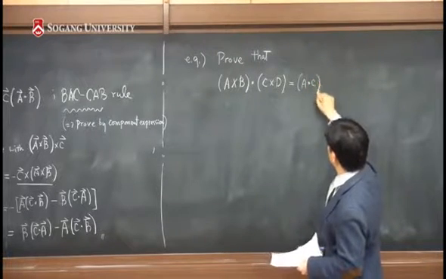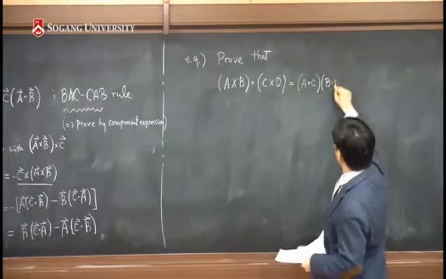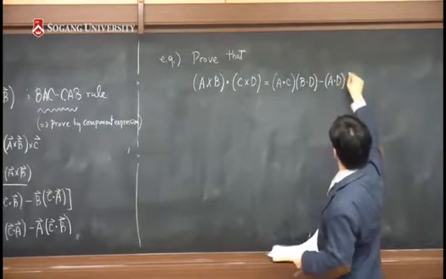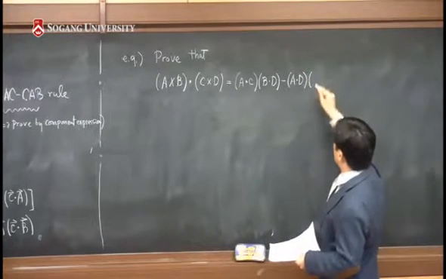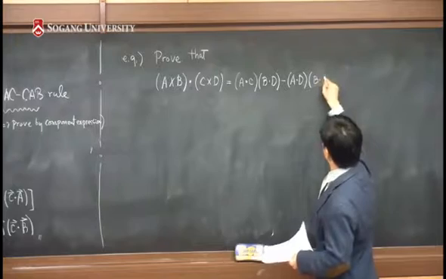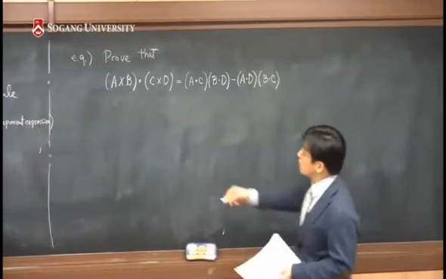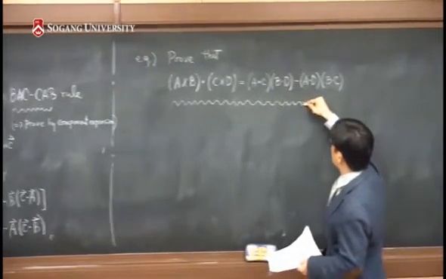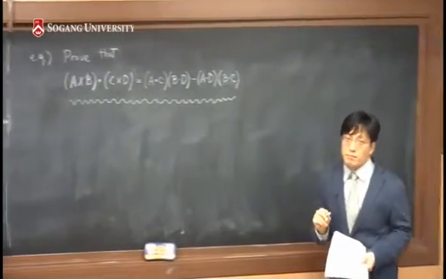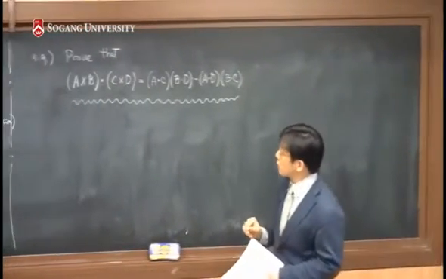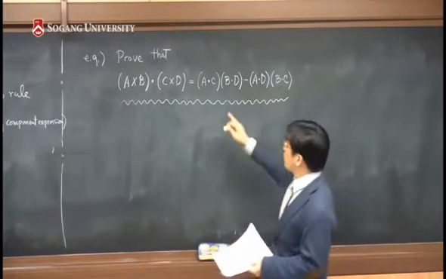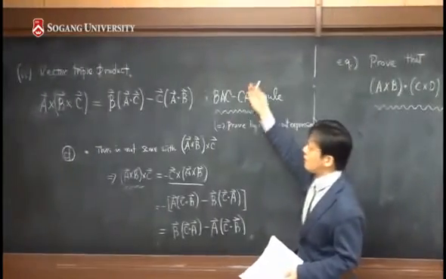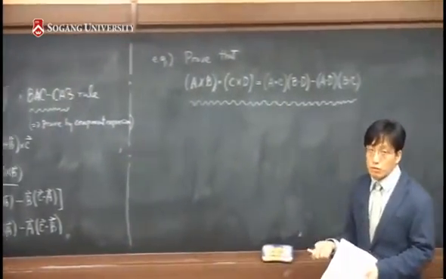So A dot C times B dot D minus A dot D and B dot C. Okay? So this is one of the multiplication rules. But you don't necessarily have to remember this once you know the BAC-CAB rule and any other vector multiplication rule. Okay? So